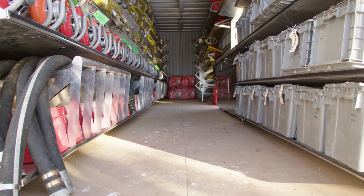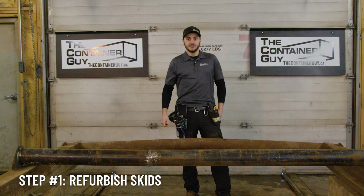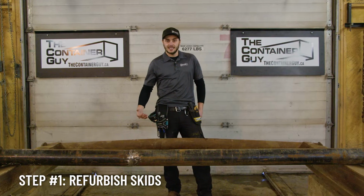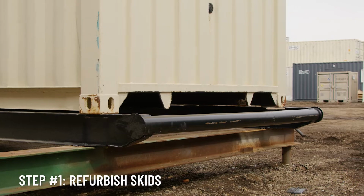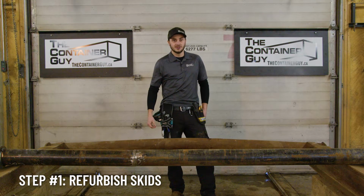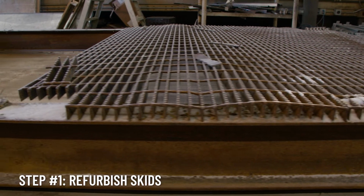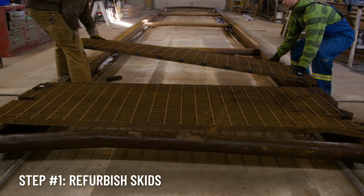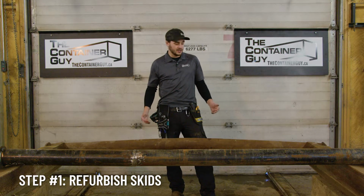There you go. As I said earlier, we won the tender, so let's show you how we build these things. So the first step in modifying these containers is the foundation. And these cans are going to be set on an oilfield style container skid. In order to save the customer money, we have a couple used skids kicking around our yard. One of them's 47 feet long, this one here, and the other one is 44. The customer just wants a 3-foot section of bar grating out front. So this 47 footer, we're going to cut it down 3 feet